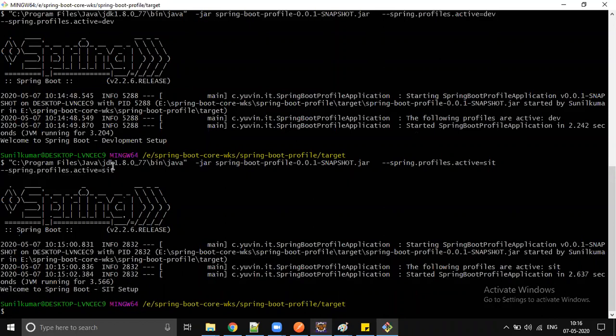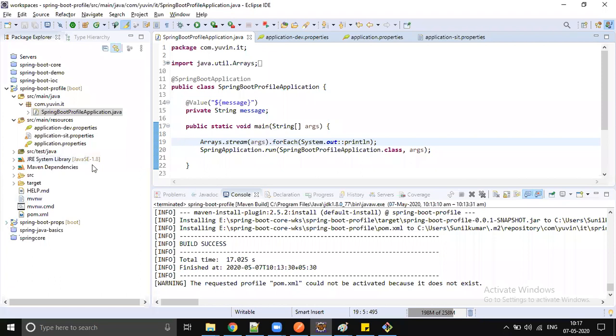If the testers have tested the code and certified, okay, things are looking good as we expected, then we will move that code to the pre-prod. Then we will do some pre-prod validations, and finally we will move the code to the production. Okay, so this is how we're going to use the profile specific configuration.